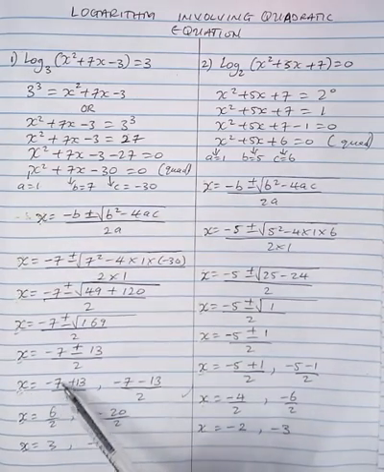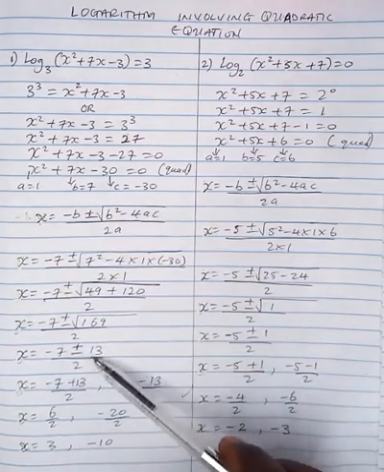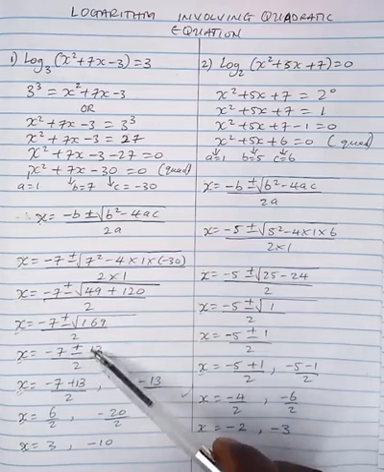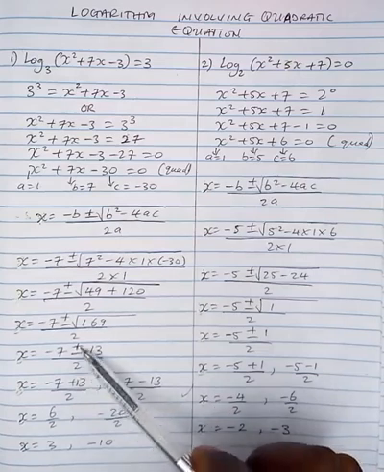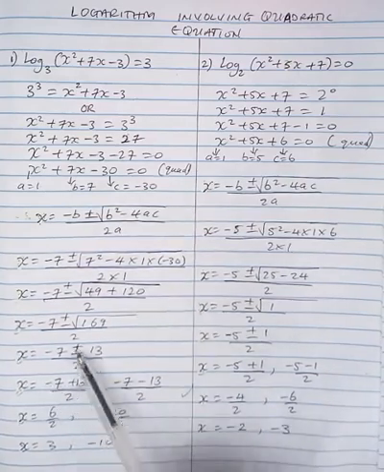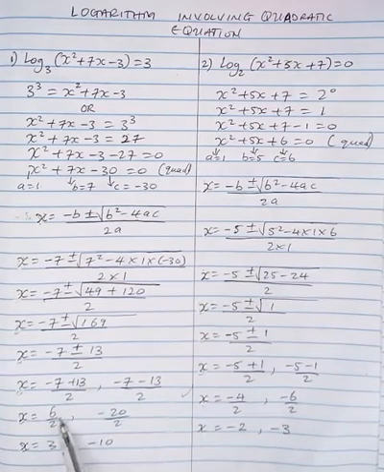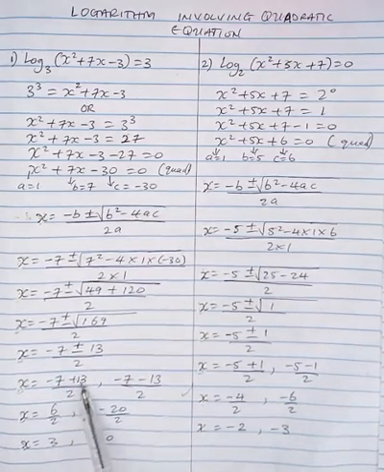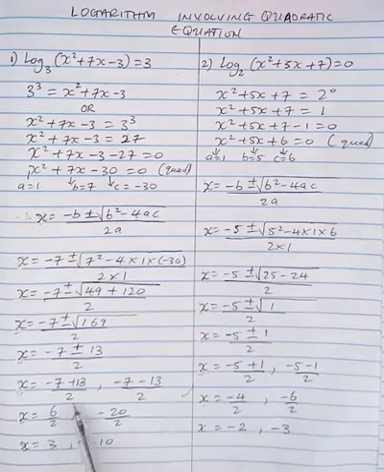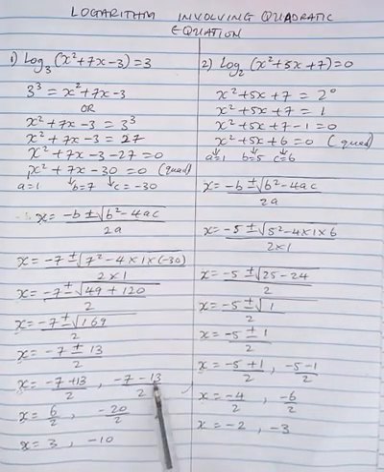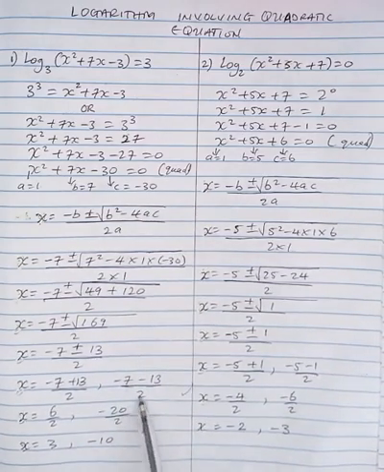Now we have s equals minus 7 plus or minus 13. In this case, there's nothing more to work on in each of the terms on the numerator. So what we have to do is to work on the plus or minus separately. We have plus here, we have minus here, and the values are still the same. Now minus 7 plus 13 will give us 6. You're owing 7, you got 13. When you pay the 7 you're owing, you'll be having 6, and that is positive. That's 6 over 2. Now this is, you're owing 7, you owe 13, you'll be owing 20. That's minus 7 minus 13, which is equal to minus 20, still over 2.